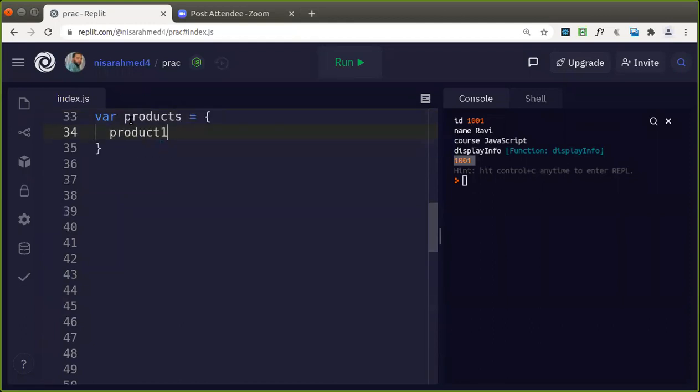Product one, whatever may be the cost, 300. Then product two is there, its cost is 500. Product three is there, its cost is 190. Now our task is to what? Find the sum of all the values that are associated with each property.